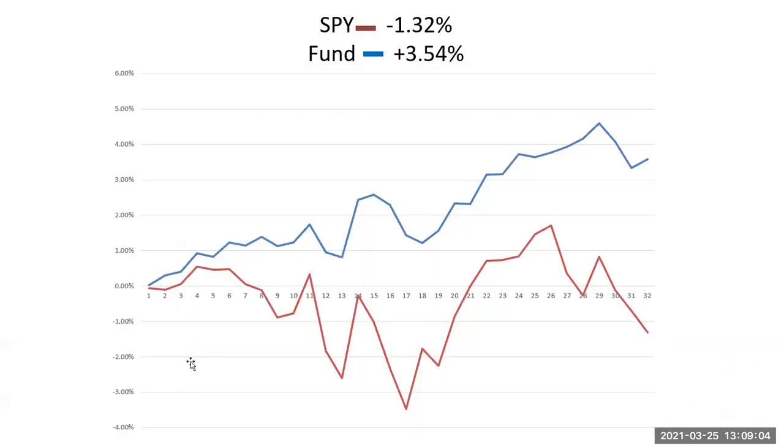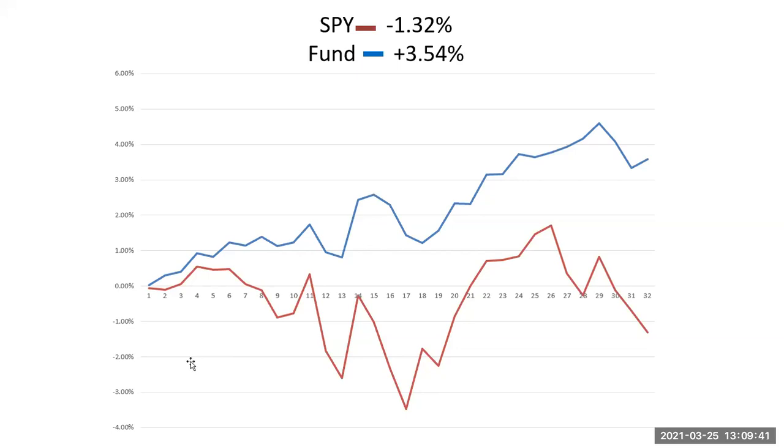All right, so some of you have asked about the fund and what the fund is doing with SPY coming off a bit over the last several days, pretty much all week. And here it is. So again, I've been taking the daily equity of the fund versus SPY. And so we did take a little bit of a dip yesterday. Things kind of settled down a bit today, and we're still up about 3.5% since I started taking the daily equity on this thing.